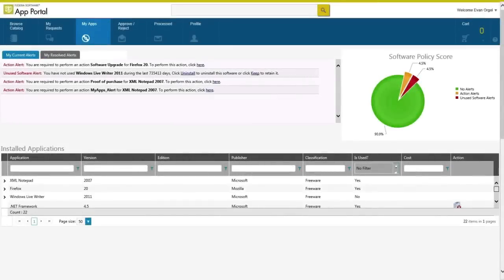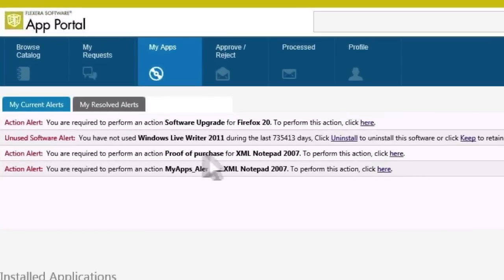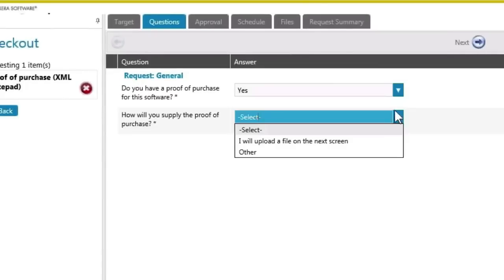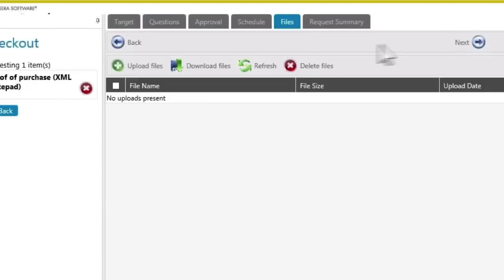App Portal can also help to collect entitlement for applications installed outside of official IT channels. Here we see an application without a documented license. We need a proof of purchase for this piece of software, but maybe the user purchased it on their own. They can click on the alert and provide the proof of purchase, upload it on this screen, and send it